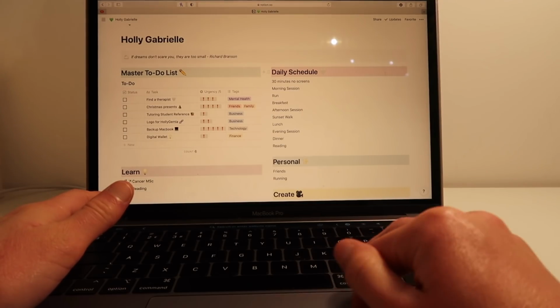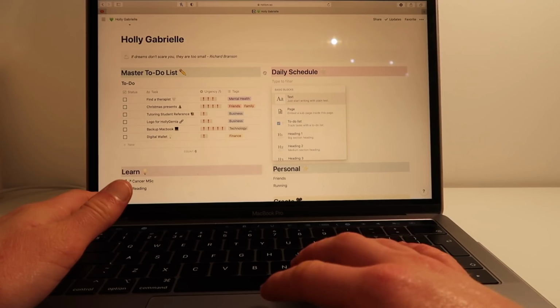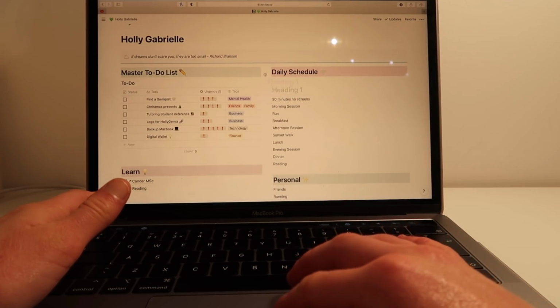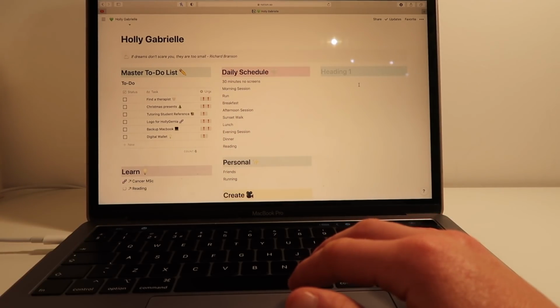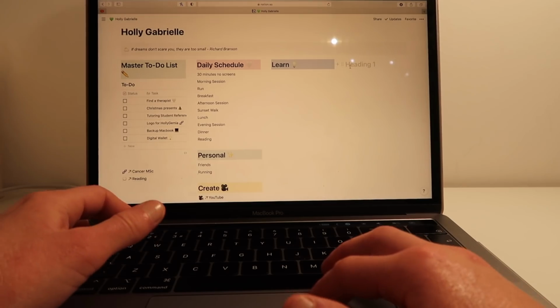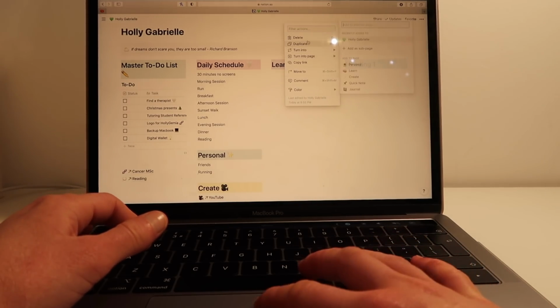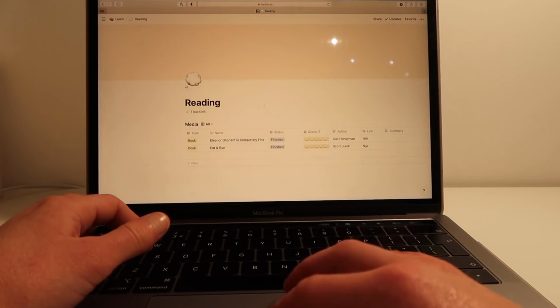I think I can now add three columns. So if I go heading and I move this around, come on, it's gotta go. Yep, three columns. Look at that. Oh my gosh, four columns. Okay, we don't want you. Get rid of you. Okay, so what I was going to work on today is this page, my reading page,